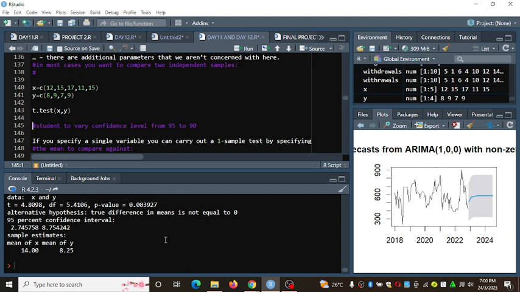What I want from this test is to compare whether the mean of x and the mean of y are equal. And remember, you may get that they are equal, but not exactly equal, because we are just estimating.